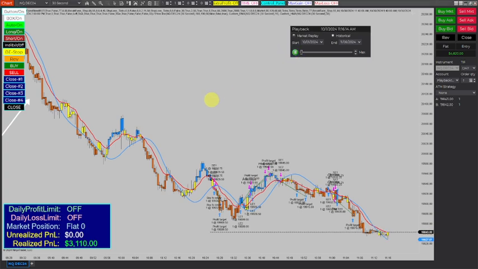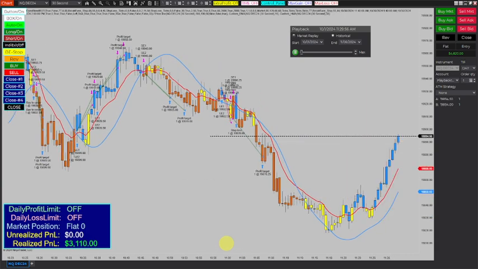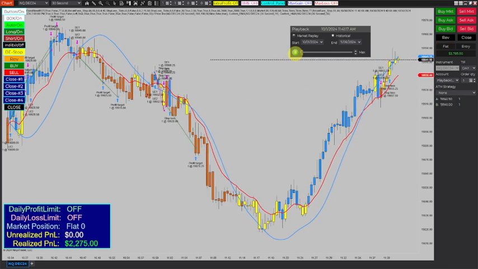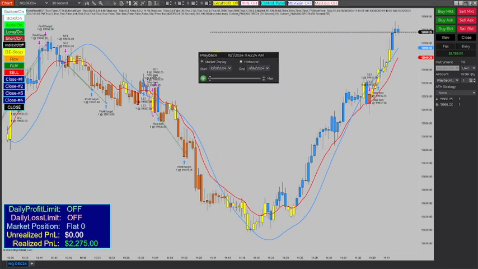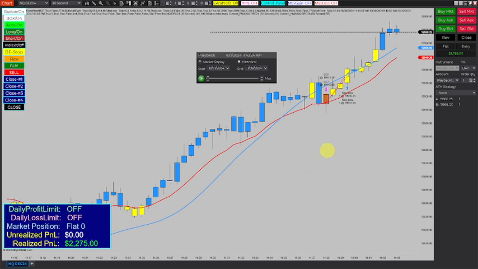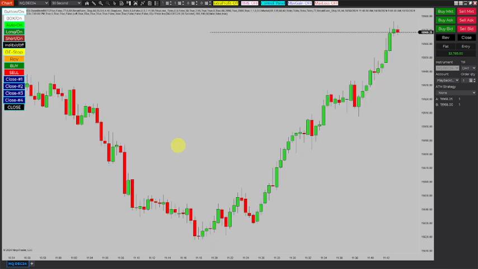Okay, let's take a look. So now we are trading only on... it looks like I have the chase bars set to low. As you can see, there was a short trade around this area. And the reason why I did not get in, I believe I have the chase bar set to,